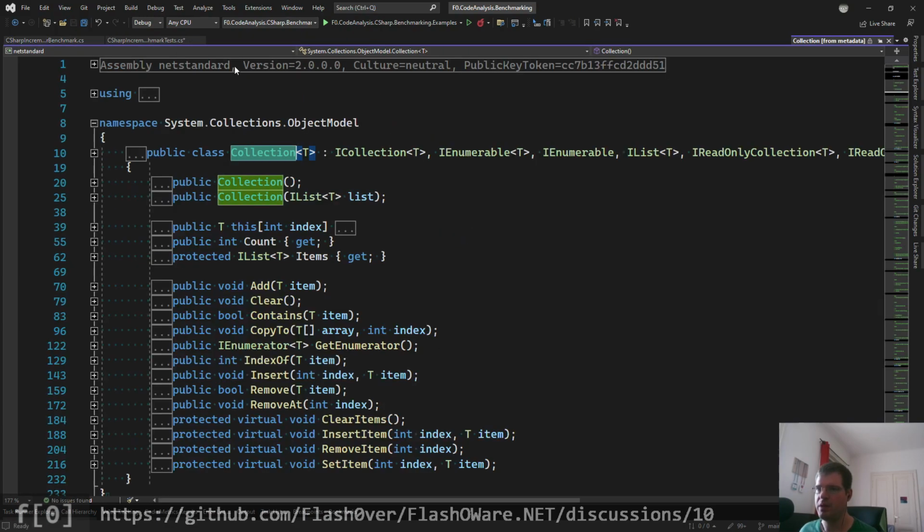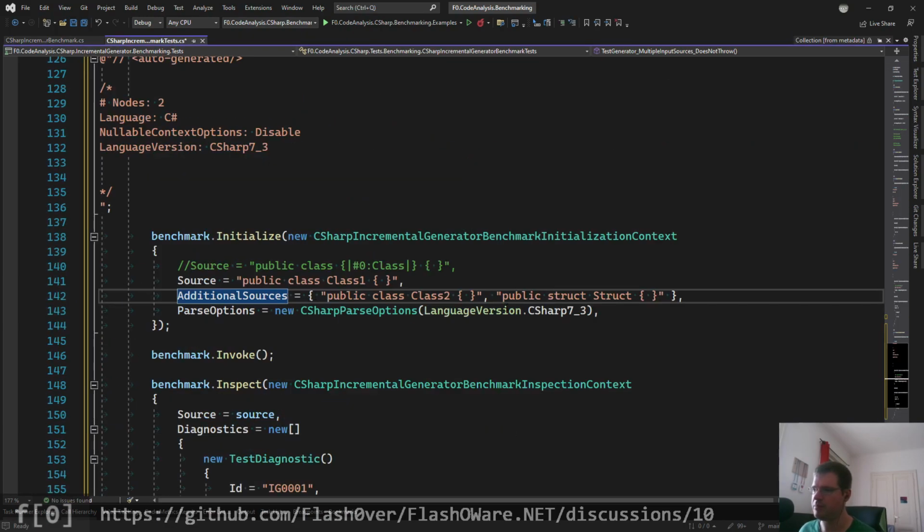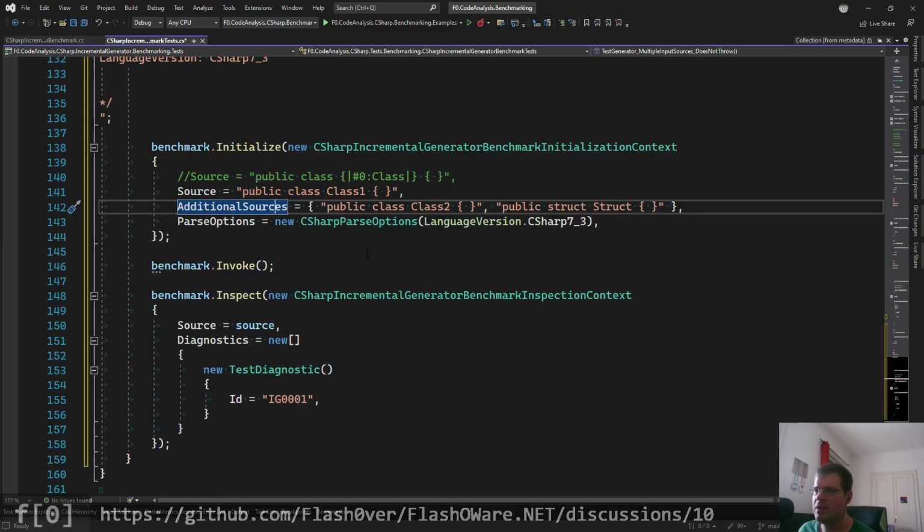Okay, and now this should enable, yeah, now this enables collection initialization. And now our